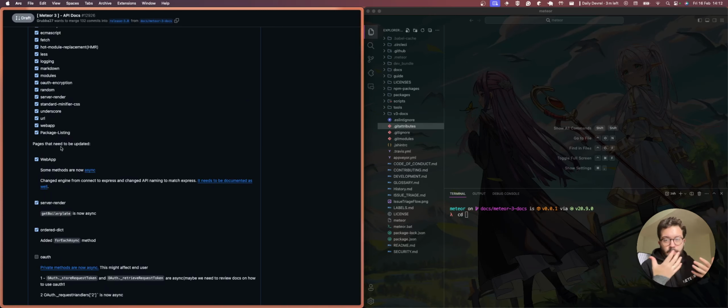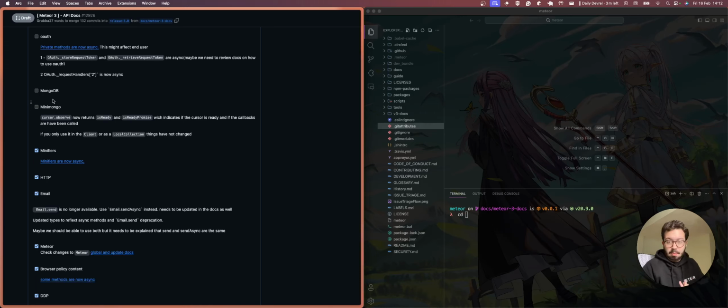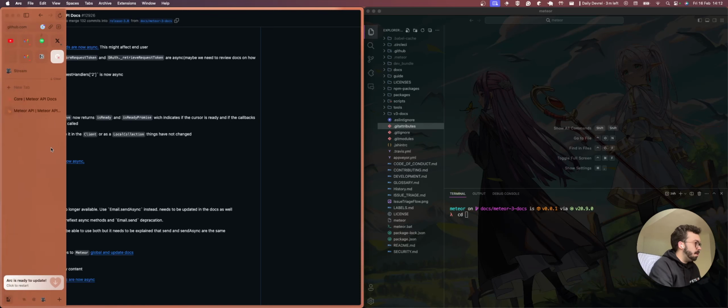I'm going to do the Mongo one. I will start with Minimongo and then do one on Mongo, because this is going to be the most intensive, and having it recorded and displayed in other places is going to be really helpful. MongoDB is one of those packages and APIs from Meteor that did change and needs to be readdressed, rewritten in some ways, or have a few things added so it is up to date with Meteor 3.0. So let's get started with Minimongo.